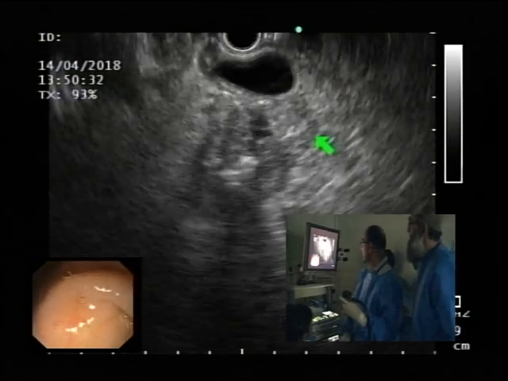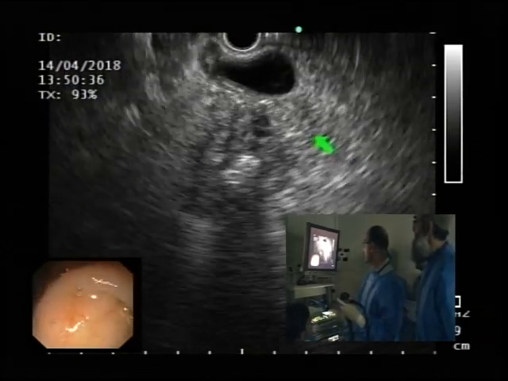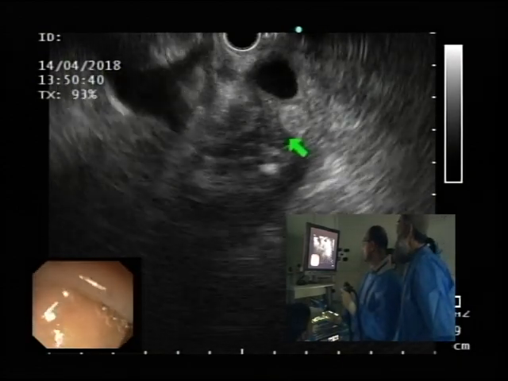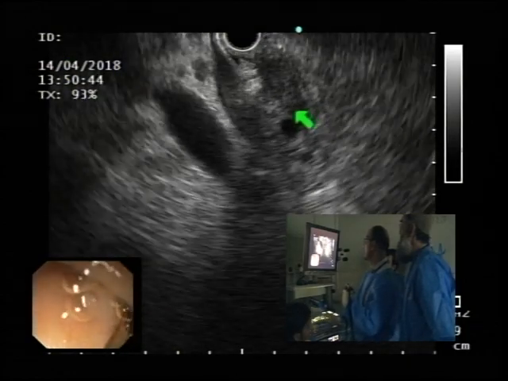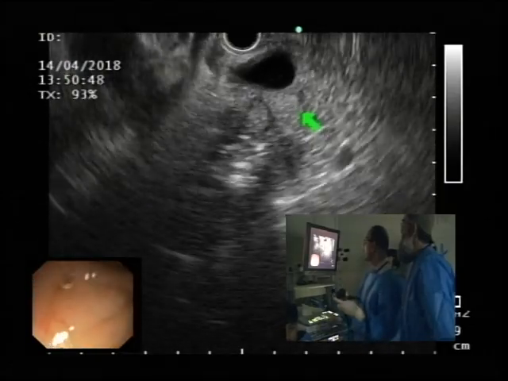As I go clockwise, it becomes more obvious, and this is actually the pancreatic duct running right through it. So this is the pancreatic duct and bile duct all the way to the ampulla, and as I go counterclockwise,